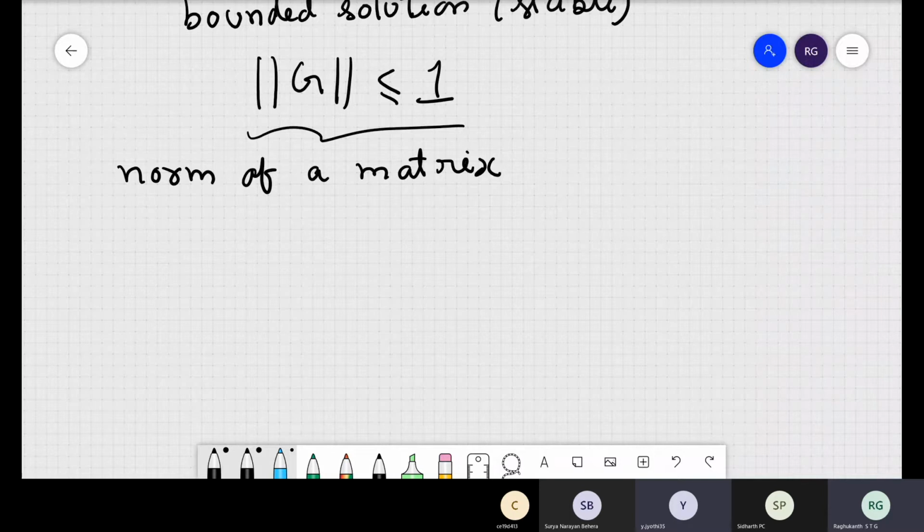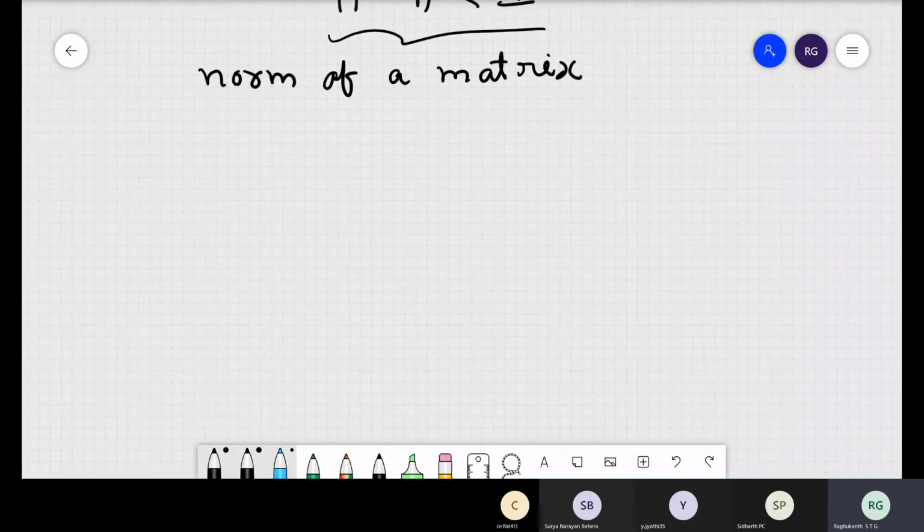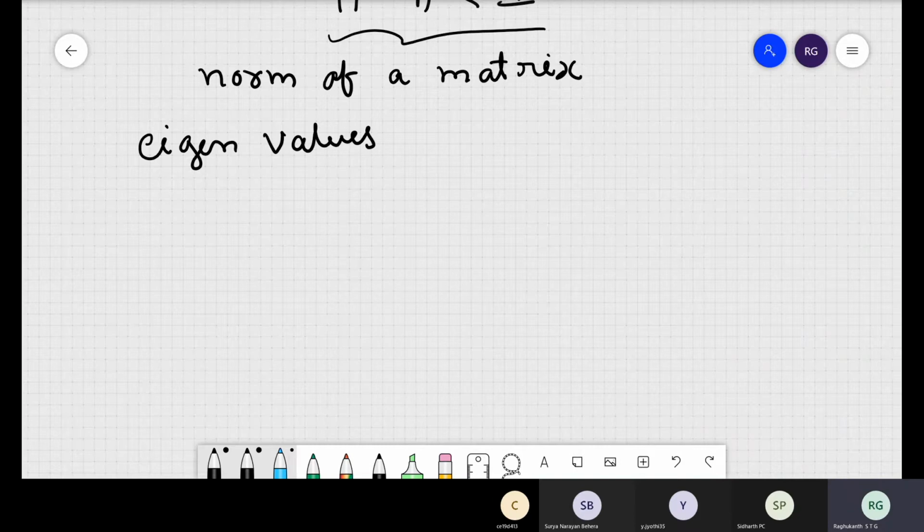A matrix is basically like your stress tensor. You understand, right? It is a tensor quantity. So how many lengths does it have? If the size of the matrix is 3 by 3, it has 3 lengths. Now here, what is the size of the matrix? G is only a 2 by 2 matrix, so it has 2 lengths. What does this length correspond to physically? The length of a matrix means nothing but eigenvalues. Remember, eigenvalues, you followed, right?